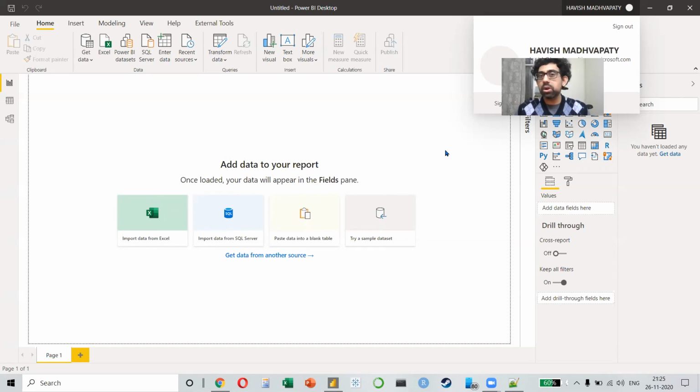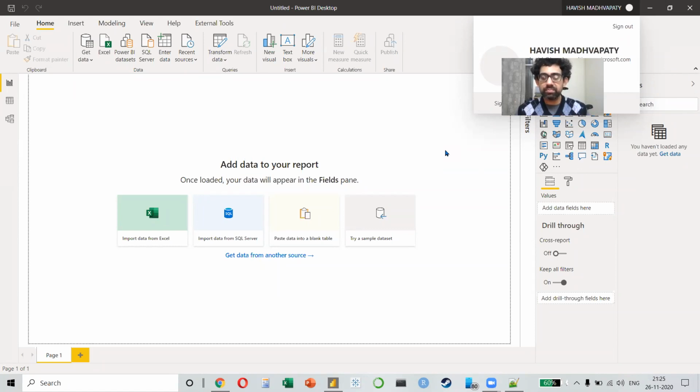With the free version, what is the size? 250 MB, which is a lot. But then how do you share the file with others? You can send it over an email. You can just attach it as an email and send it to somebody. That will work. The problem is you will not be able to share it as a link online. So you will only be able to share it as a file, like an Excel file.